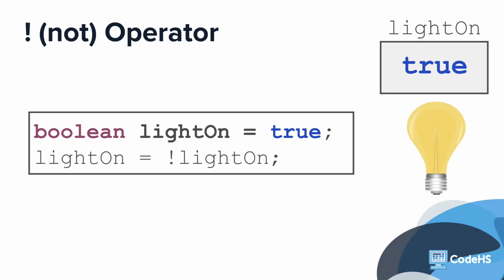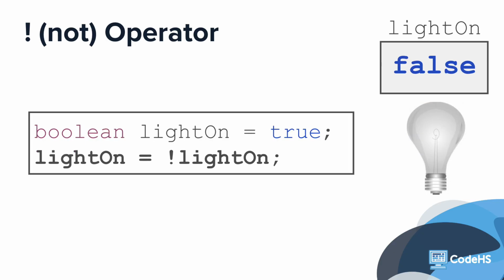Let's say you're building an app for a smart light bulb that keeps track of when the light is on and off. You could use the variable light on to do this. In this example, its value is initially set to true. The next line of code sets the value of light on to not light on. Since light on was true, not light on evaluates to false, which is assigned to the variable light on. This simple line of code is all you need to keep changing the value of light on every time the